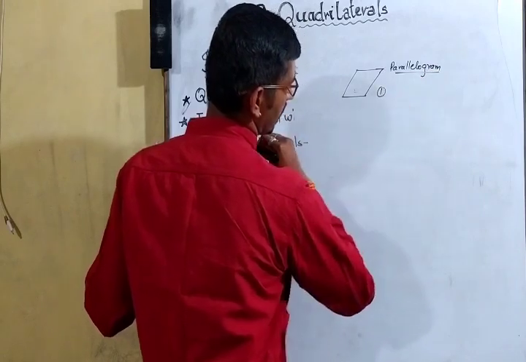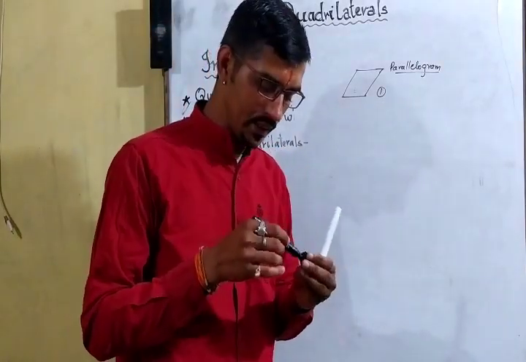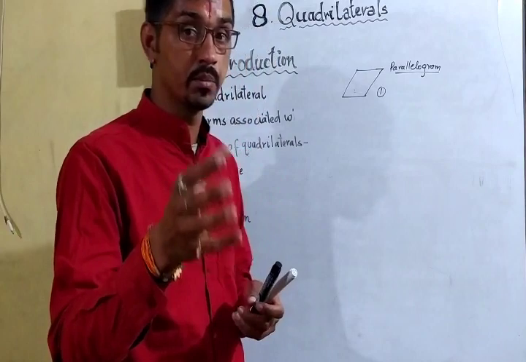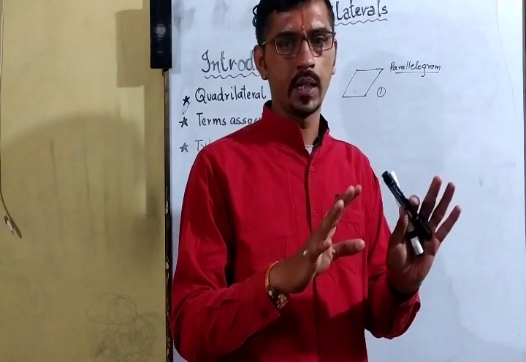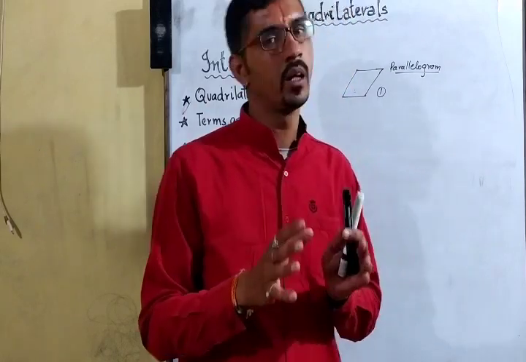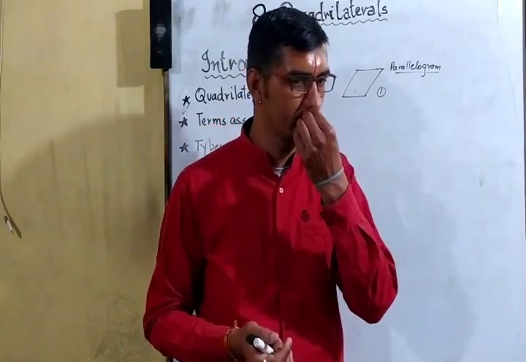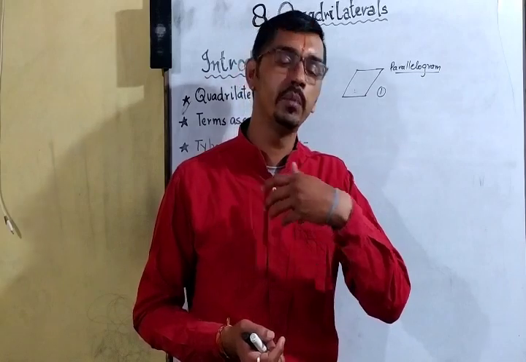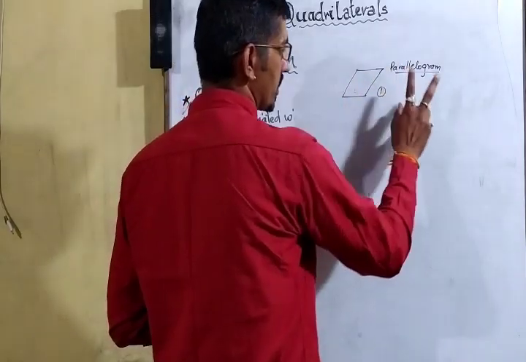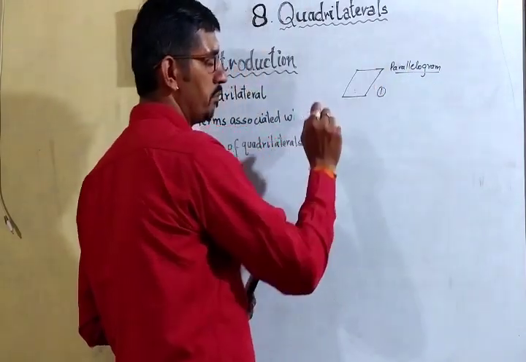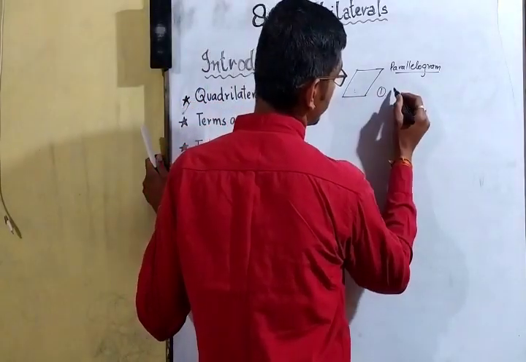So first property of parallelogram: a parallelogram has so many properties, and in this chapter we will deal with maximum the parallelogram, and later we will get to know the more properties. I am just telling the introductory property, and after that when we will move on to the theorems, we will learn so many other properties as well. First, the basic property is the four-sided closed figure whose opposite sides are parallel as well as equal to each other, and it is known as parallelogram.